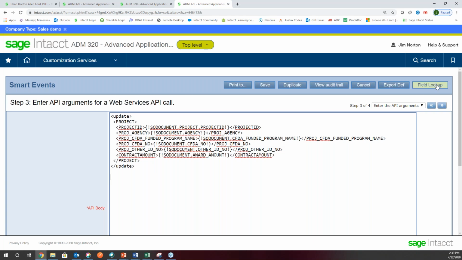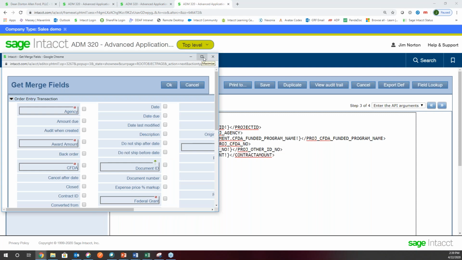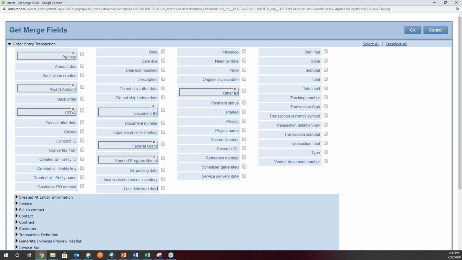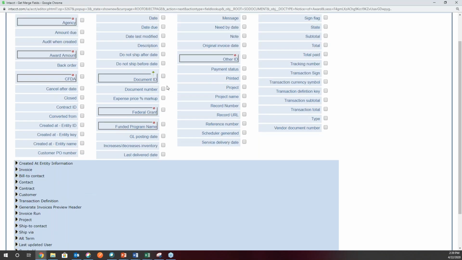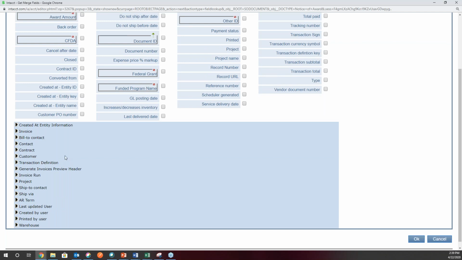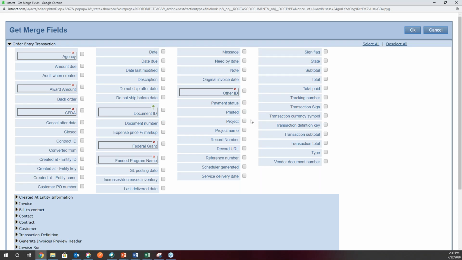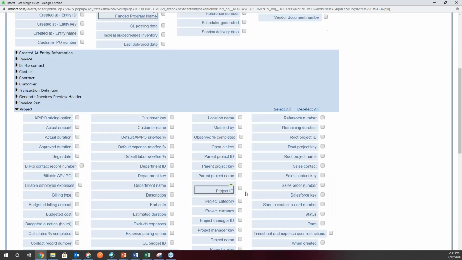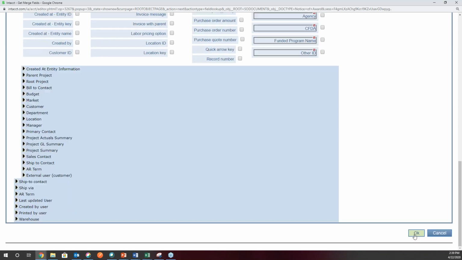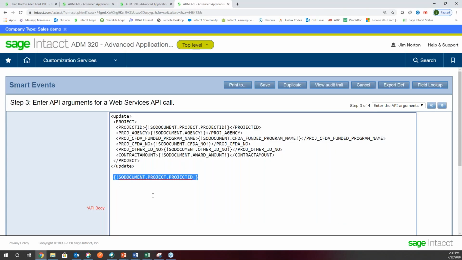If I go to my field lookup and I tell Intacct, I want you to update the project ID that is on this document, I can look through my fields here and find my project ID. And it's somewhere in here. Project ID. And I'm going to hit OK. And see, it brings up the field name. So when I know the things that I need to update, I then can fill in what is that data